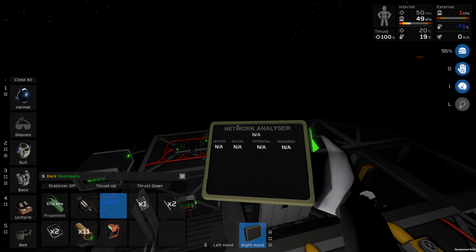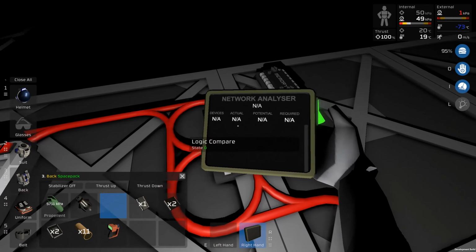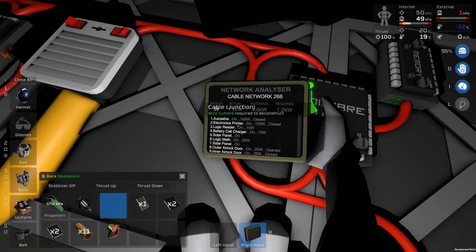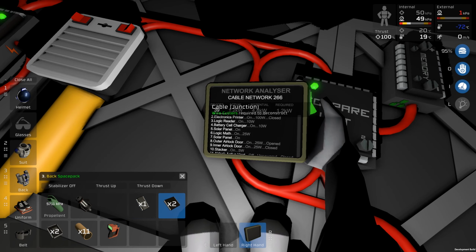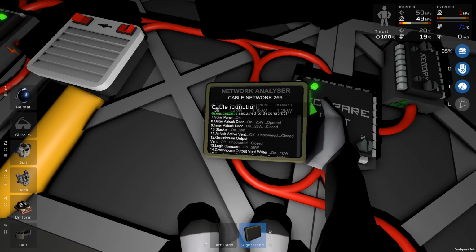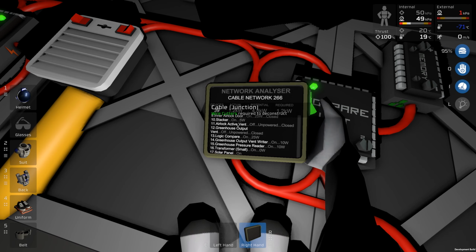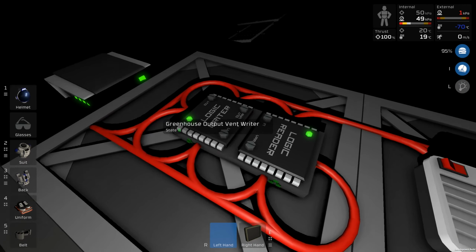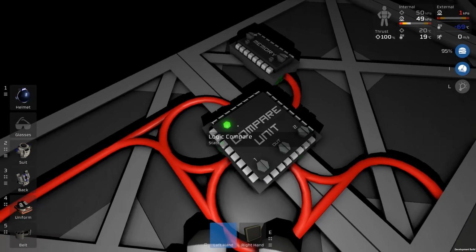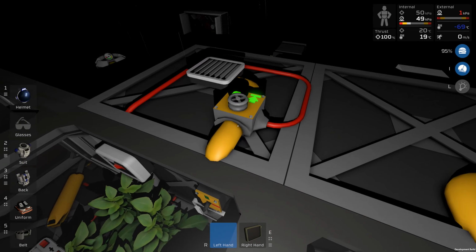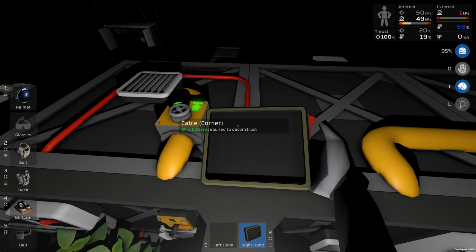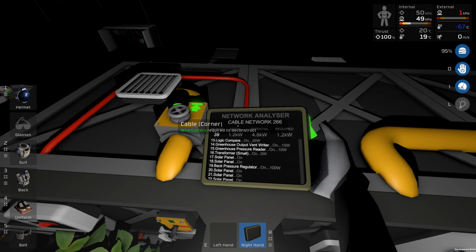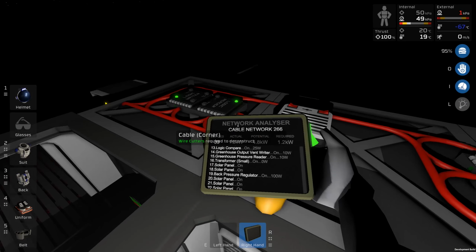Yeah, so network analyzer, I want to see what the power usage is of these things. So devices. Logic reader is 10 watts. Let's get rid of that backpack. Logic compare is 25 watts. So it's 45 watts for each of these three. Yep, so 10, 20, 45, and that controls all of this. And this, I presume, is taking power as well, the back pressure regulator. Back pressure regulator? That's 100 watts. So 145 watts, and the